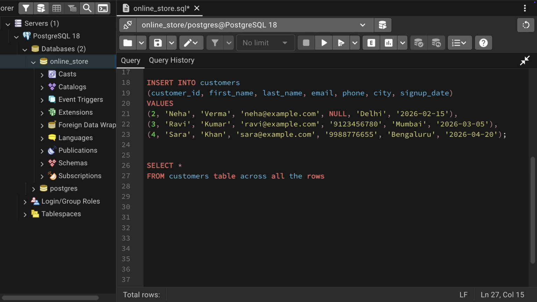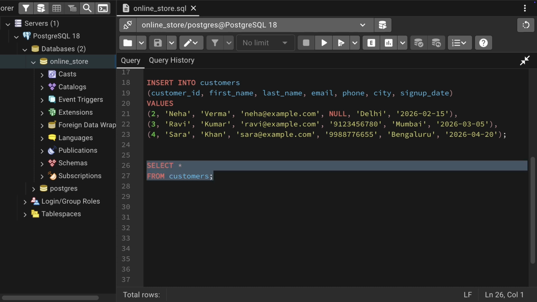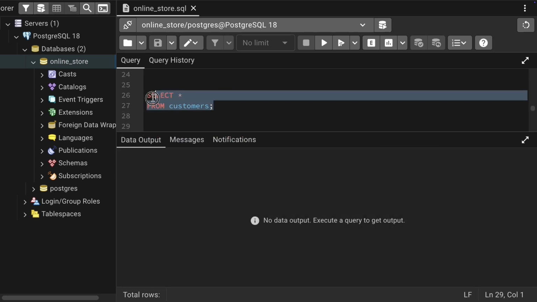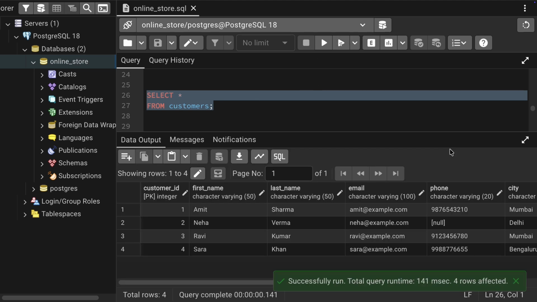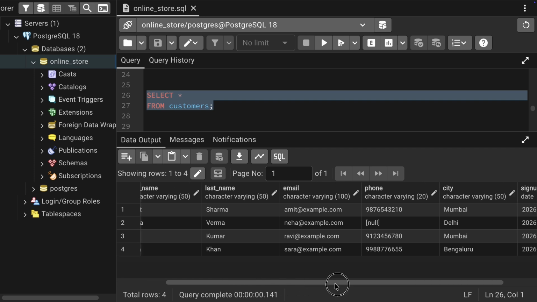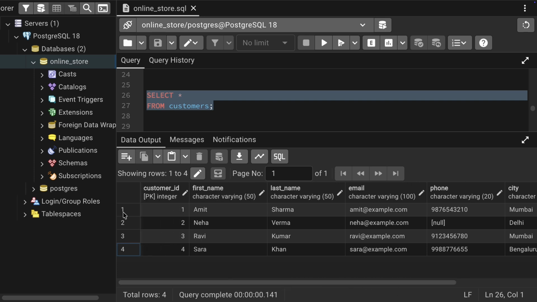We do not have any filtering condition here for the rows because we need all the rows, so we end the query, and this is our complete SQL statement. It means select all columns from the customers table. Let us run the statement. There is our result. We can see all 7 columns and we can see all 4 rows from the customers